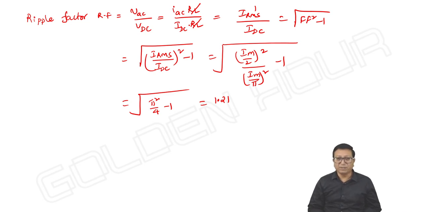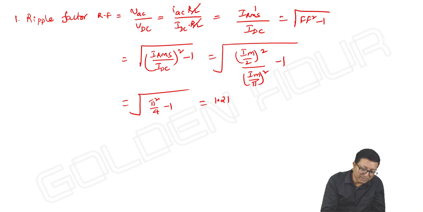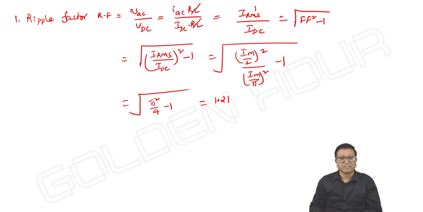And in this example, if you calculate the ripple factor, it is found to be 1.21. It is a standard value, and this value does not depend on the amplitude or frequency of the input or the output. It is a standard value. This is the very first parameter. The second one,